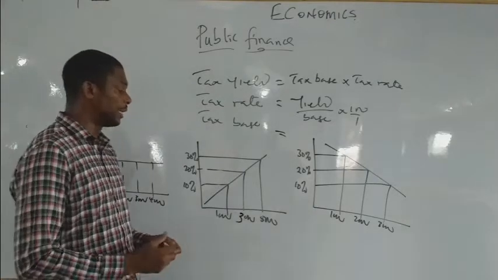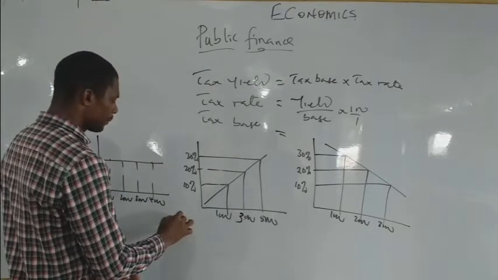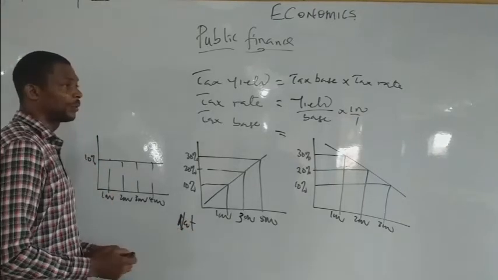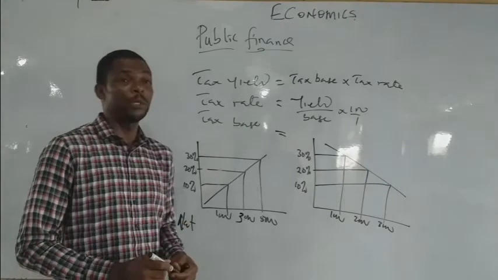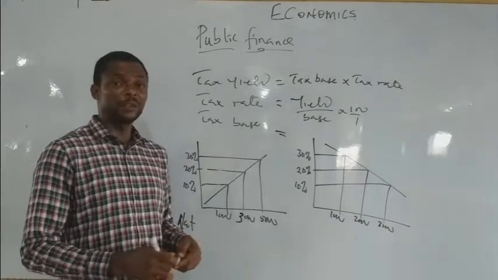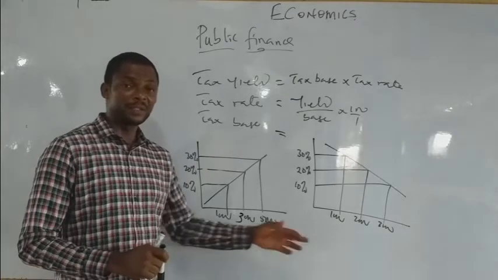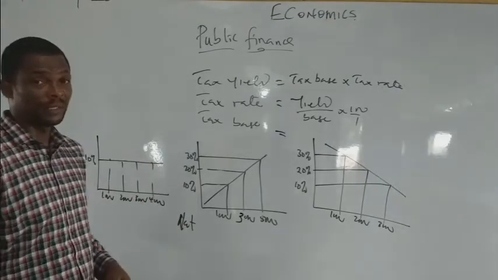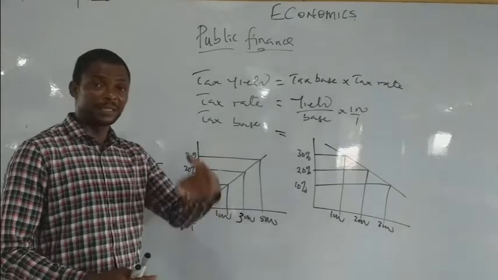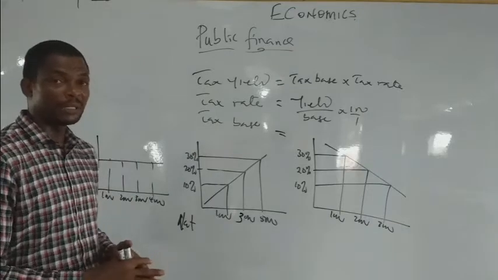Alright, the next kind of tax is called what? VAT, value added tax. Some of us pay NEPA bill. When you go to eateries, after buying your snacks, they'll give you a receipt. You observe that the VAT is always there. Those VAT are the tax that you pay on commodities, a type of indirect tax. Even when you buy your airtime, you realize that they have a VAT that goes straight to the government.